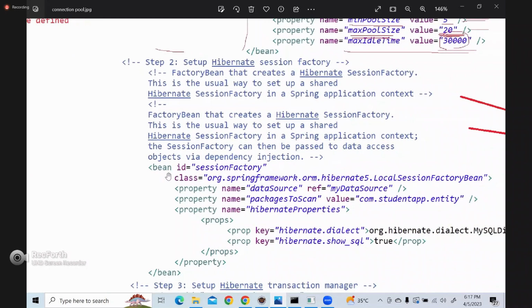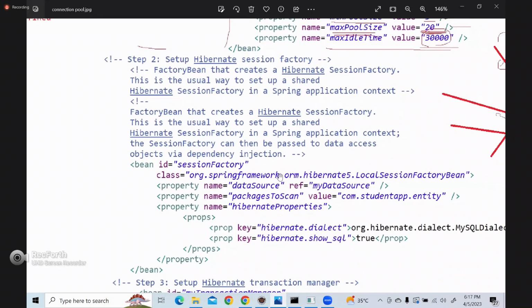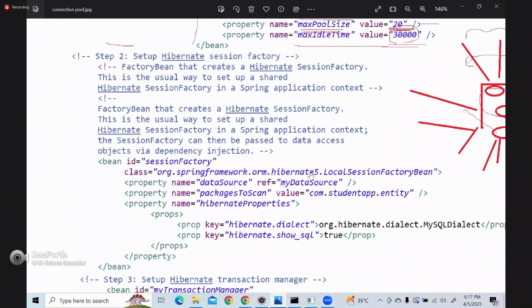And for that, what is the class we are using? org.springframework.orm.hibernate5.LocalSessionFactoryBean. What does this class do? This LocalSessionFactoryBean creates a session factory and sets it in the